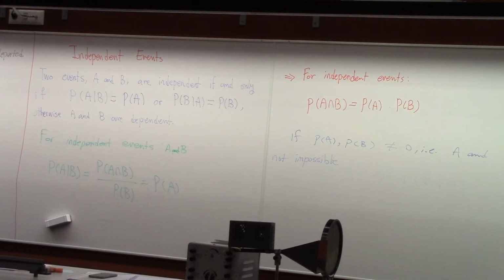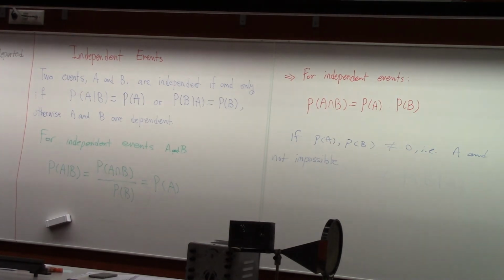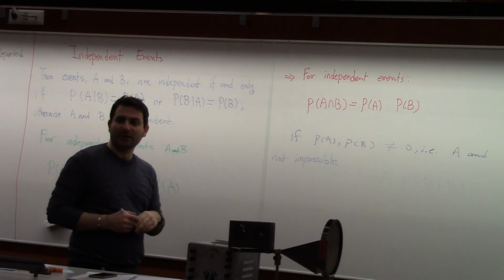Like if you are rolling a die, you cannot get a number which is divisible by 7. We don't have a number which is divisible by 7 between 1 to 6. So if it is not impossible,